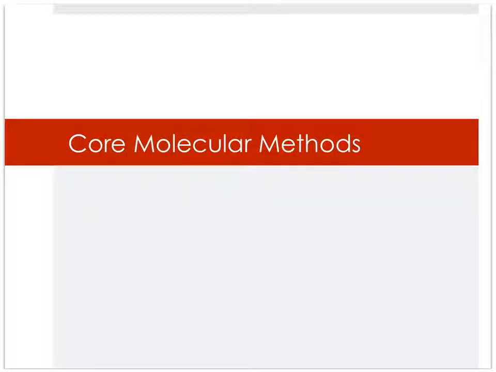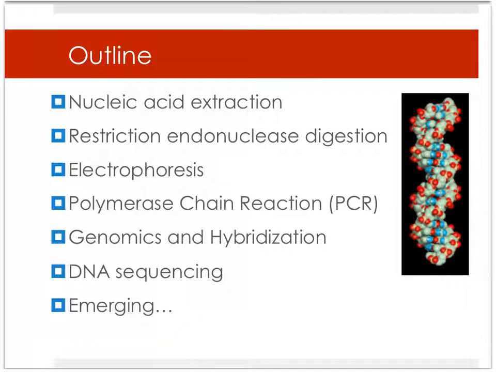So let's look at the list of what these core methods are. The simplest, most straightforward is nucleic acid extraction: DNA extraction, RNA extraction. Typically, for most molecular methods for epidemiology or others, the first step is usually nucleic acid